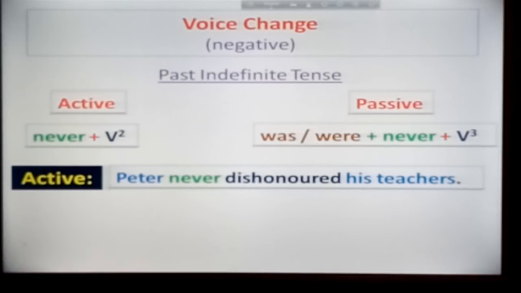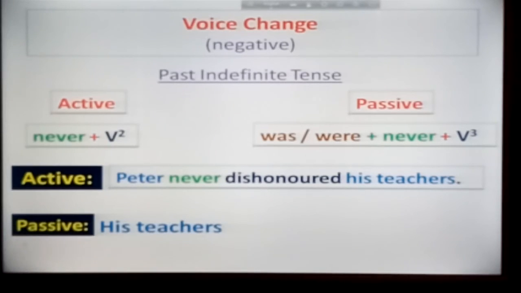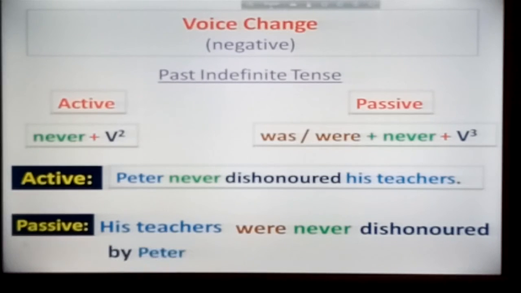Now let's change this active sentence into passive. The object of the active sentence becomes the subject of the passive sentence, and after the subject we need a be verb in its right form. In the past indefinite tense for a plural subject like this, the right form of the be verb must be were, and then we use the negative word never and the main verb comes in its past participle form, and finally we use by plus the agent, that is the subject of the active voice. Okay, dear students,